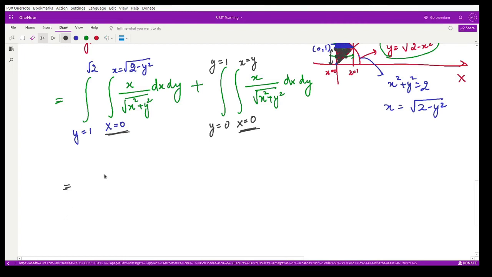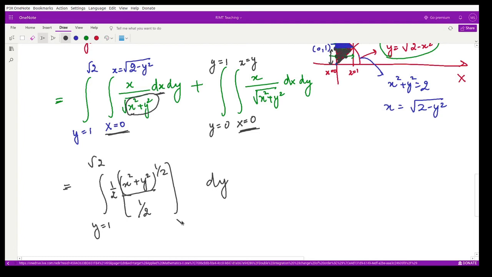So here we have to perform the integration with respect to x. So we can substitute this as some other variable, and we have the derivative present above. So it would be equal to the limits of y varying from 1 to square root 2 as such, dy as such, and then the integration of this particular term. So it would be equal to x square plus y square raised to power 1 by 2 divided by 1 by 2, right? And we have 1 by 2 here also,